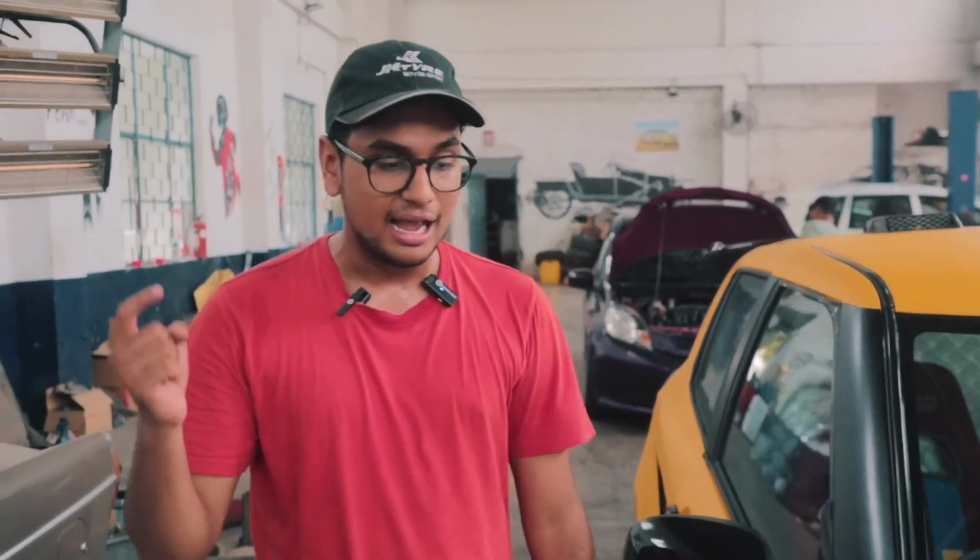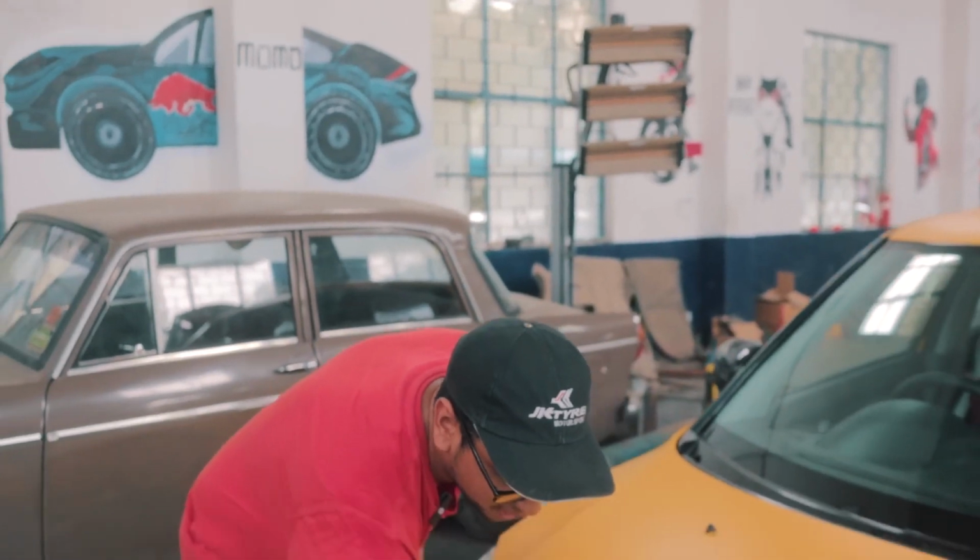So you've recently seen us cover a lot of engine swaps on the channel. That Brio over there is a great example of that. But this thing is just a notch above. It's even crazier. So if I just open up the hood,